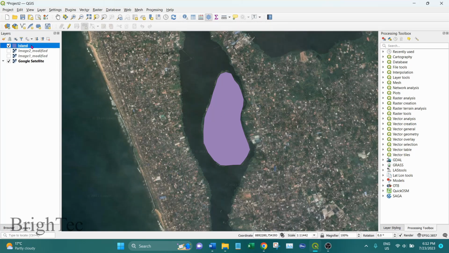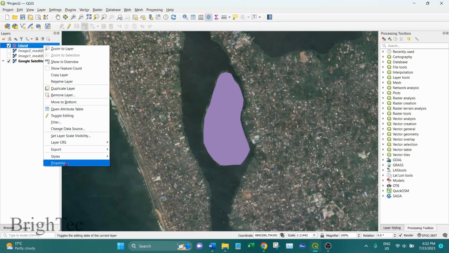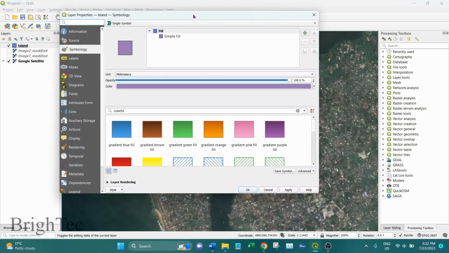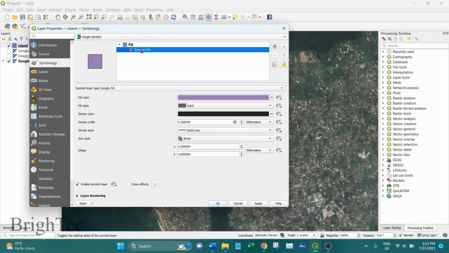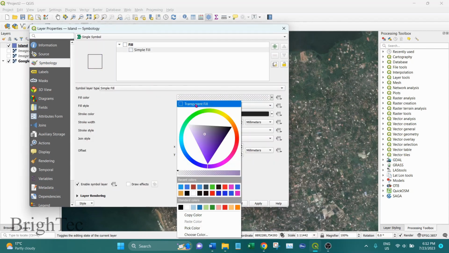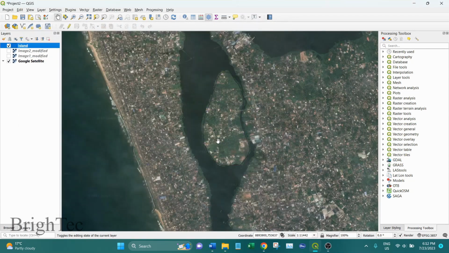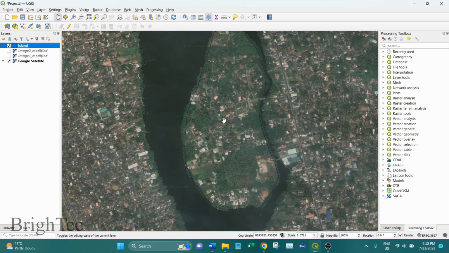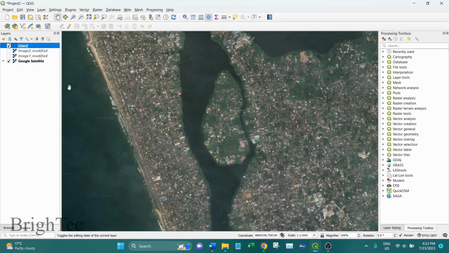And so we have a shapefile like any other shapefile, and we can change the properties if we want. For example, we can make it transparent. So that's how you can create a shapefile by digitizing in QGIS. So now we know how to create a shapefile,